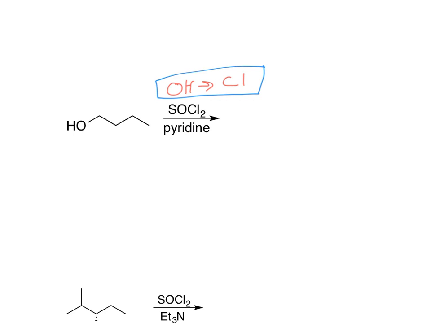Alright, so first thing we want to start is it doesn't do anything to the carbon chain. So let's just do that. And then over here where the OH was, we know that's going to go to a chlorine. So we just put a chlorine where the OH used to be, and we get our product. Alright, so as long as you keep this in mind that it takes OHs or alcohols to chlorines, you'll be